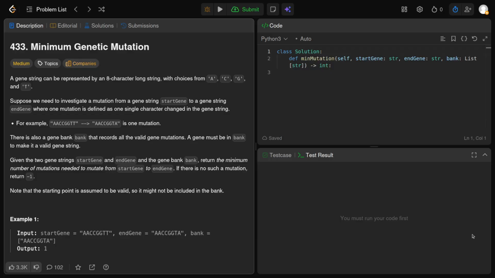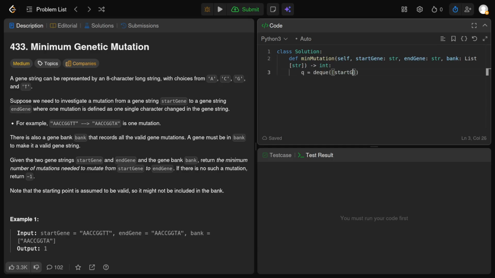Okay, so today we're doing the minimum genetic mutation problem for FAANG. Basically, we can change a single character to get from some start string to an end string, and there are some valid genes in between. We return the minimum number of mutations, or -1 if you can't. So basically that's a BFS or something like that. Who cares? So let's do a queue,